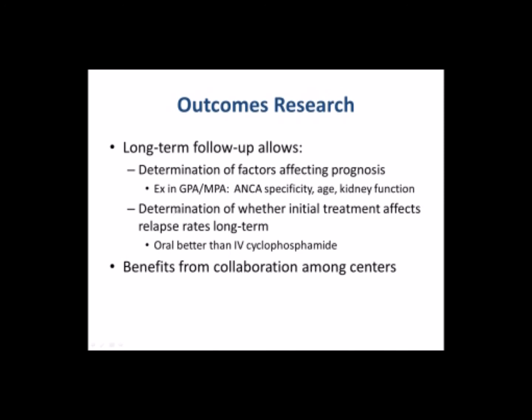This is a really important one, that how the choice of initial treatment of vasculitis affects the relapse rates in the long term. And really, this has been looked at again in GPA and MPA. And one thing that was discovered is that oral cyclophosphamide is actually better than IV cyclophosphamide. So on the basis of one very nice trial, most of the European groups started using IV cyclophosphamide to induce remission. This is before rituximab was developed. And then when they followed these patients for longer, they found that the oral group had actually a lower relapse rate.